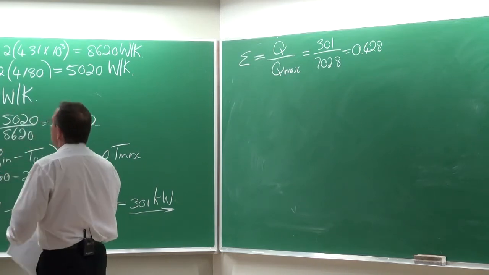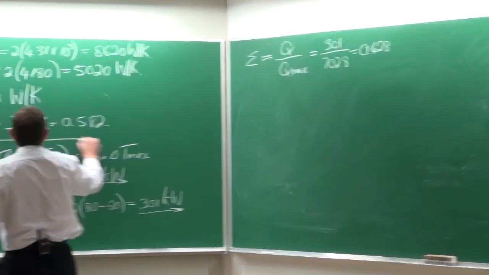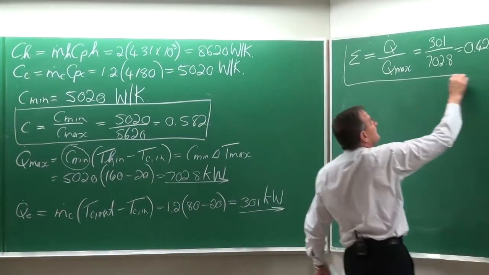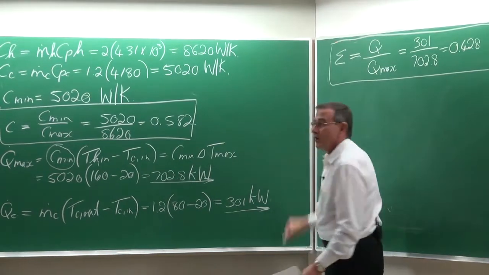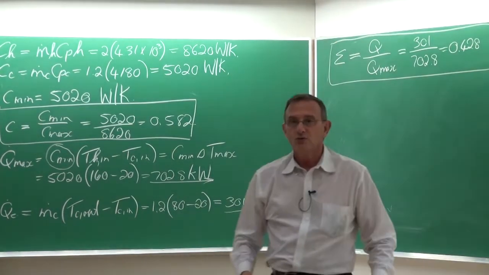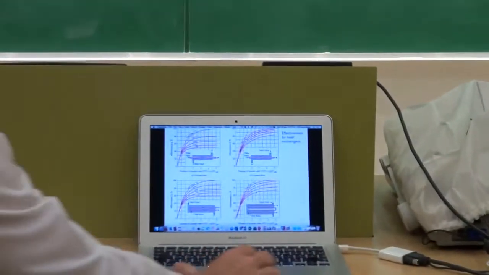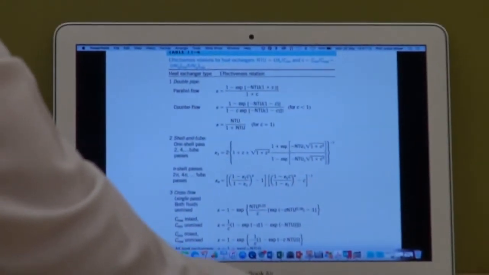So we have two things which are important. We've got C and we've got the effectiveness. Why is that important? Because if we go and look onto the graphs that have now been developed from theory